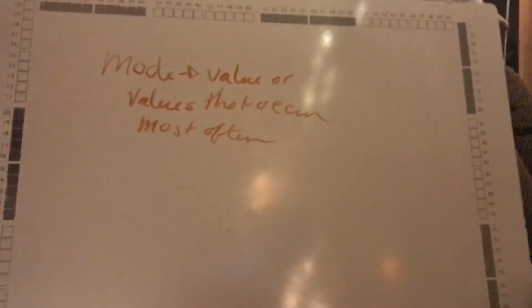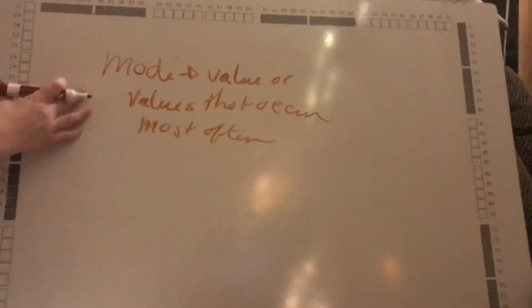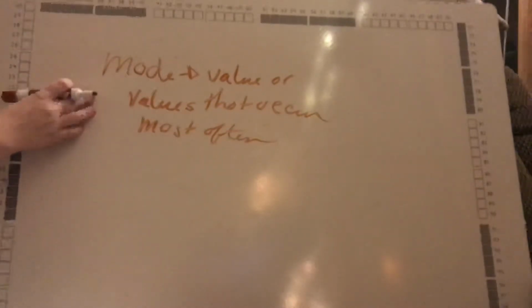Okay, so if you have a set of numbers and there's a number that is repeated, if it's the only one repeated, then that's the mode. And we'll talk more about that when we